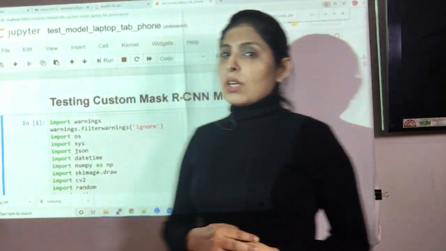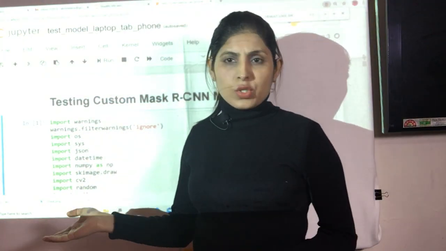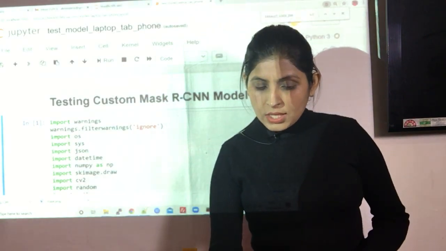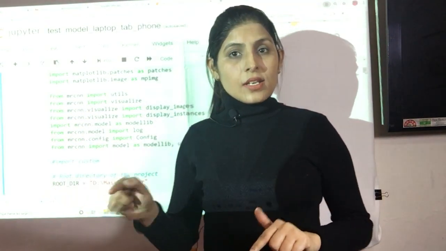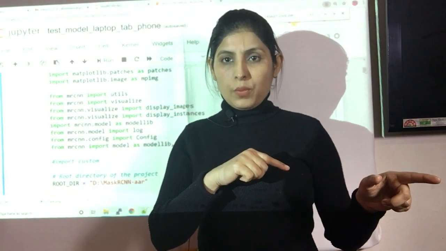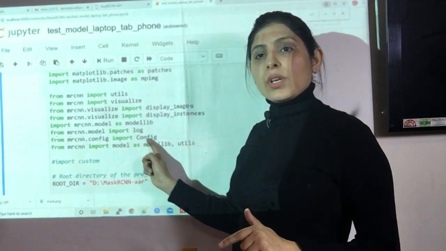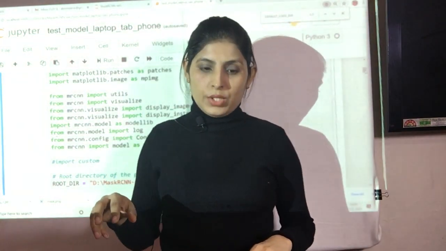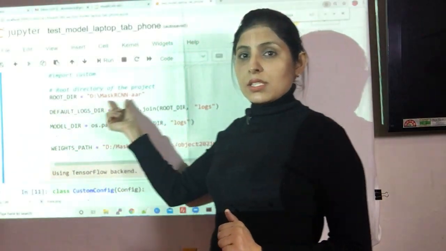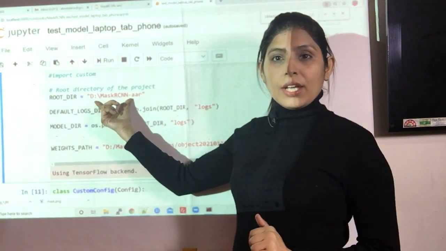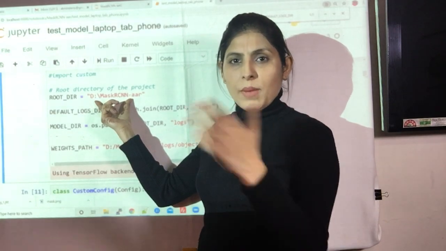So let's begin. So guys, first of all, I'm importing all the required modules. These are the important modules which you have to import. And after that, if you guys remember this MRCNN, this MRCNN is a folder which we have downloaded from one GitHub repository, right? So from this MRCNN folder, we are importing all these files because we need these files today. All right, and then this root directory is the folder of my project where I have all this Faster R-CNN Mask R-CNN code.